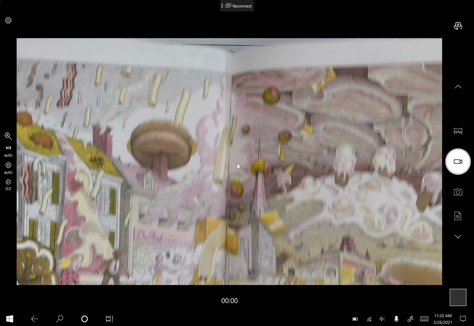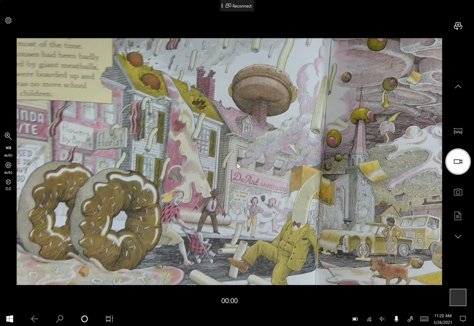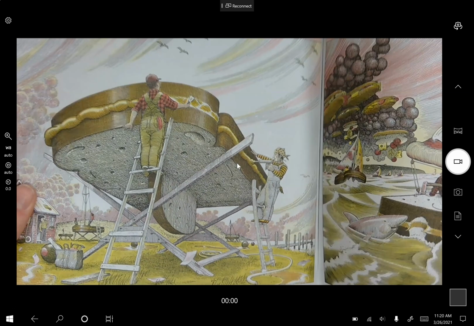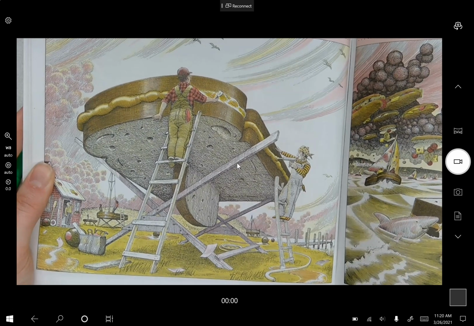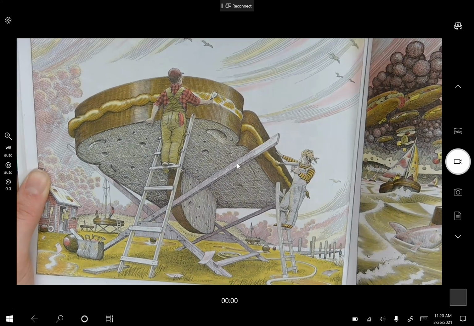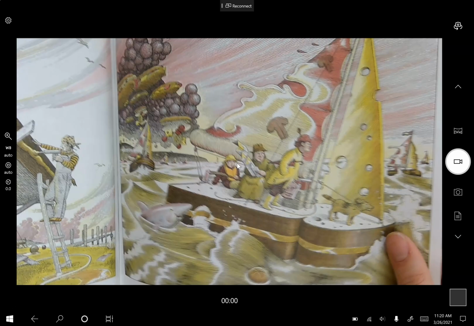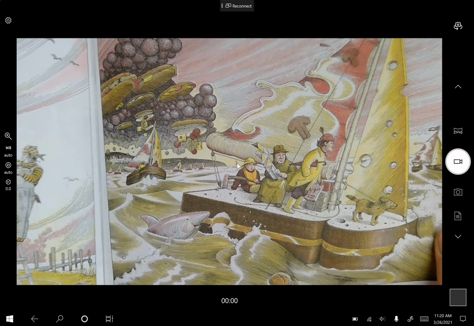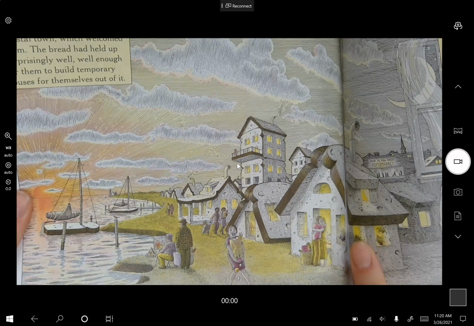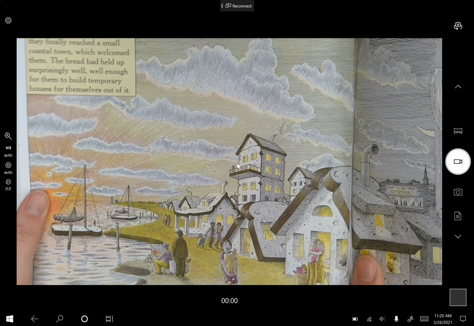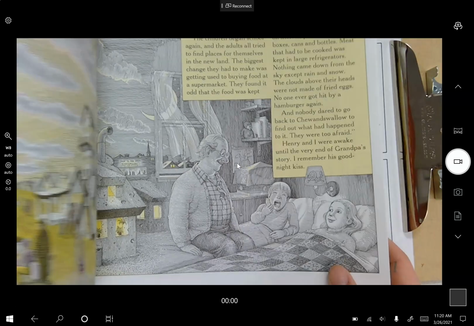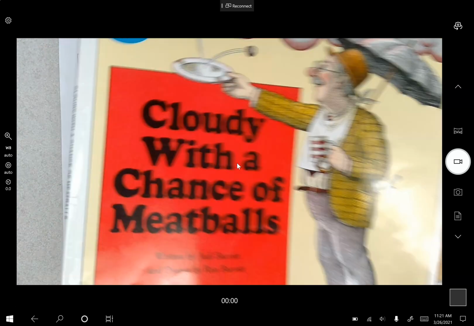Okay, so the townspeople had a problem. They didn't know what to do to get away from this food, like Mr. Noodlehead here. So they weren't sure what to do. But then the people started using the food. They started using the food to put together boats. Okay, and they took those sandwich boats to look for somewhere new to live. And that is how Grandpa finishes his story. He tells them after being afloat for a week, they finally reached a small coastal town, which welcomed them. Okay, so the story ends. They solved their problem. Grandpa finishes his story.